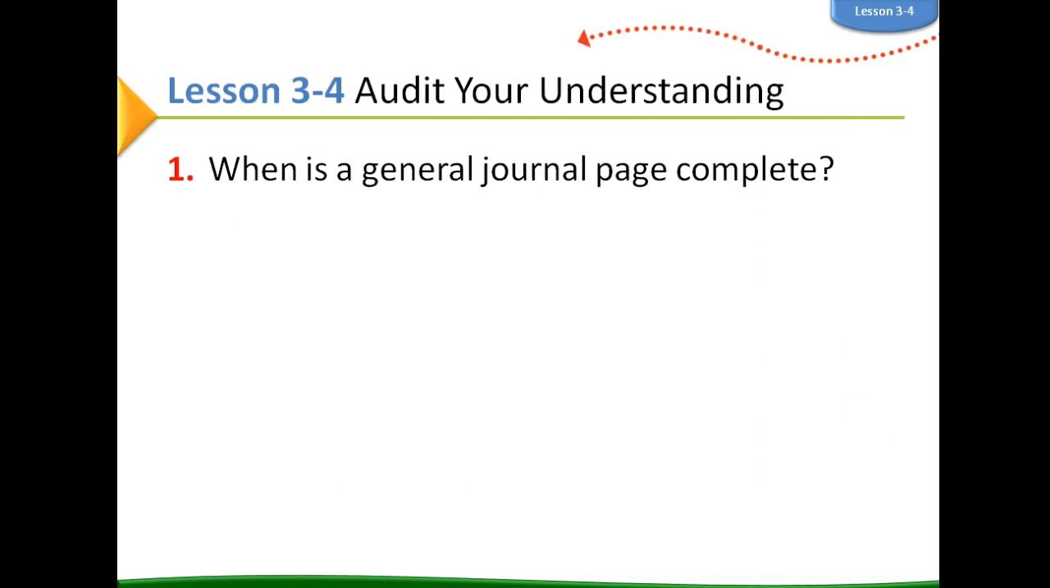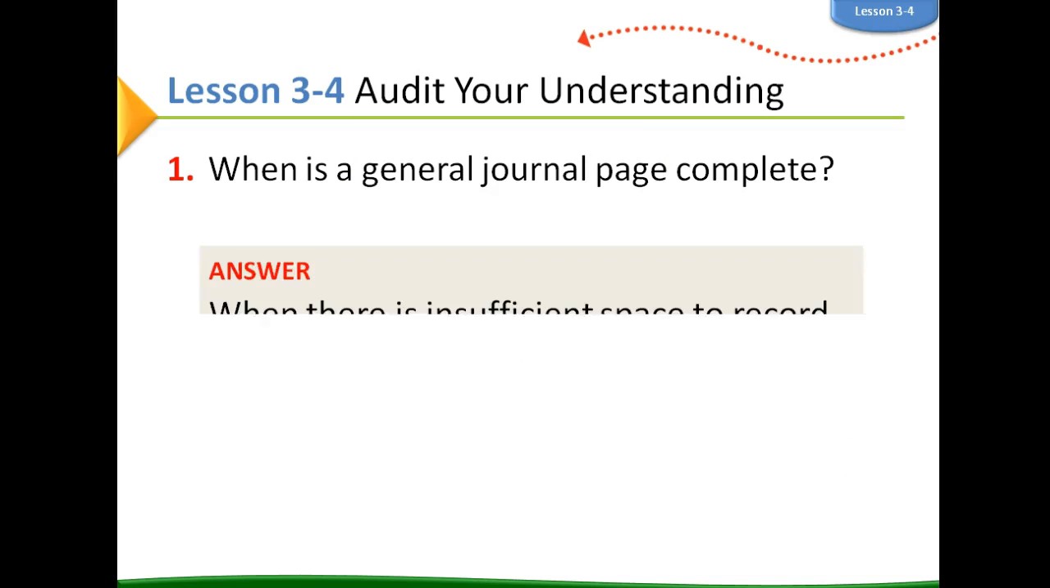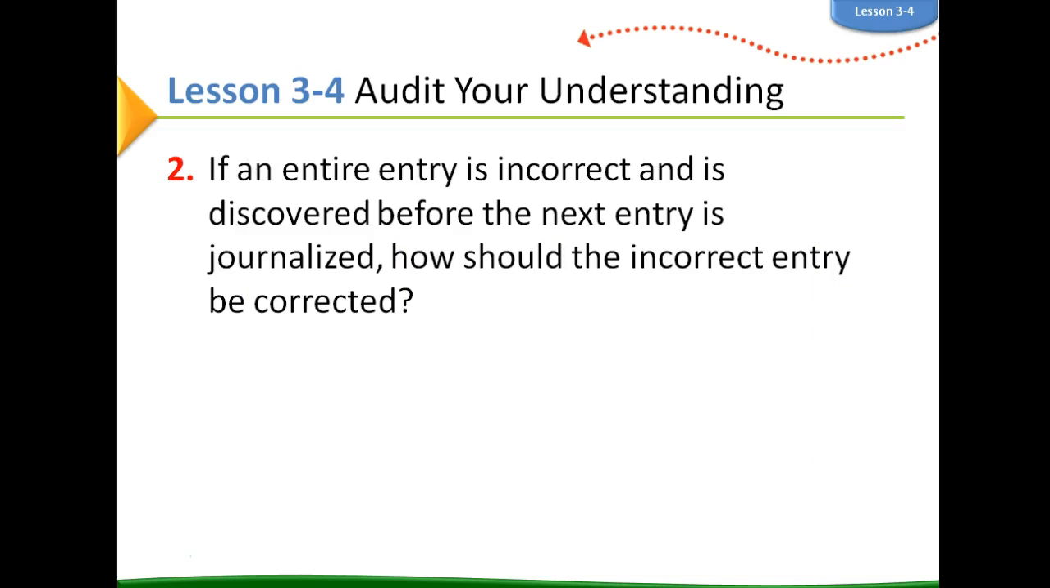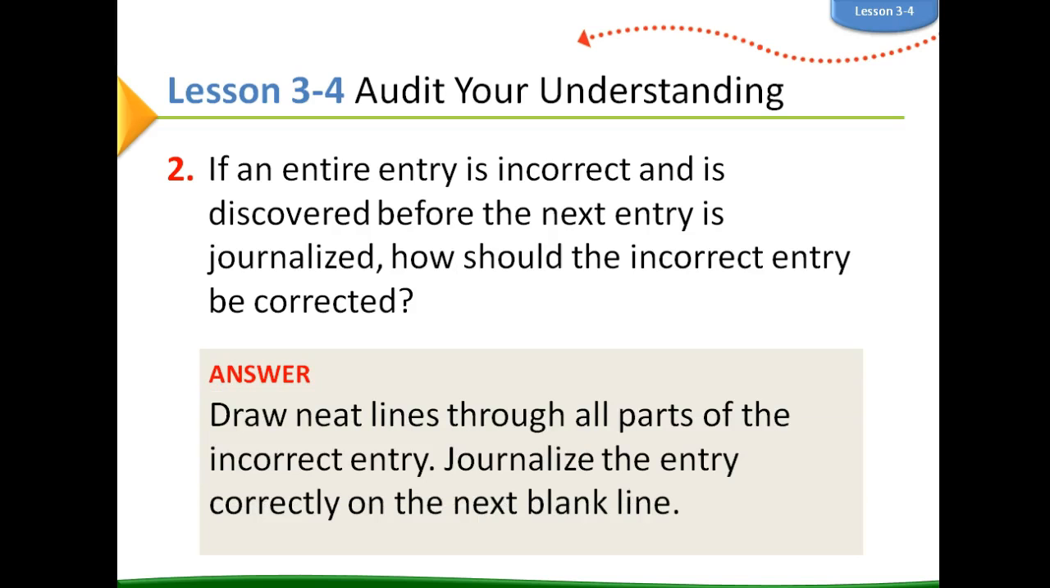So again, when would we know that a general journal page is complete? When there's not enough room to record both components of the journal entry. So you have to make sure there's room for both the debit and the credit. And then if the entire entry is incorrect, and we discover the mistake before we have moved on, how do we correct what happened? We draw lines through all of the errors, and then we journalize the entry correctly